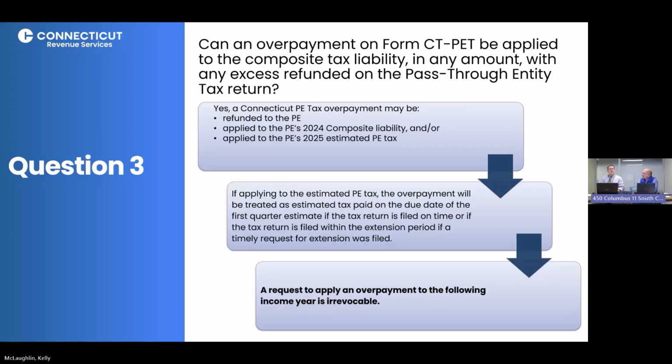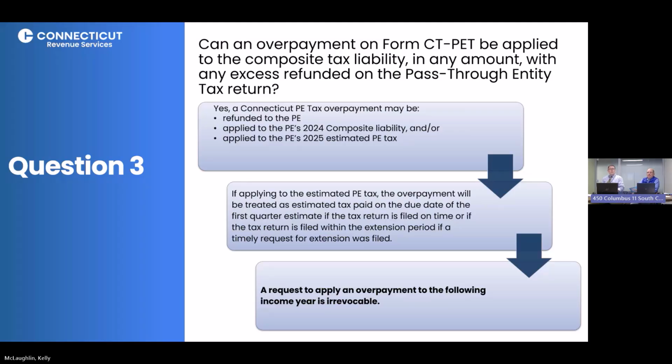The pass-through entity payment can be claimed on the pass-through entity return against the 2024 liability. It can be refunded back to the PE, and it could be applied to the PE's 2025 estimated tax. Of note, if the election or request is made to apply that overpayment as an estimated tax payment,